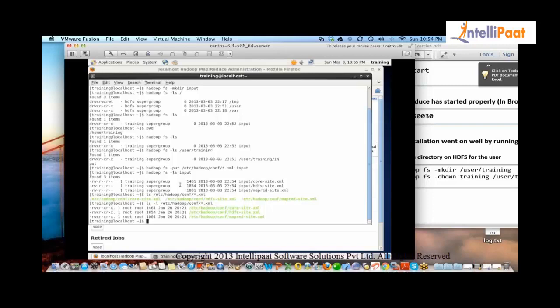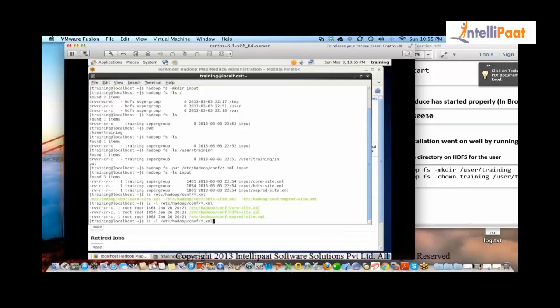Okay. So there's a file at the Unix level. If I want to copy that particular file to my Hadoop file system, I can use this particular command. Hadoop fs put. Okay. Now anything as user training you're doing, you have all authority to do anything and everything inside the user training folder. Okay. So that's why you don't need a sudo. But anything you're doing outside the training folder, you always have to say sudo -u hdfs and your command. Got it?